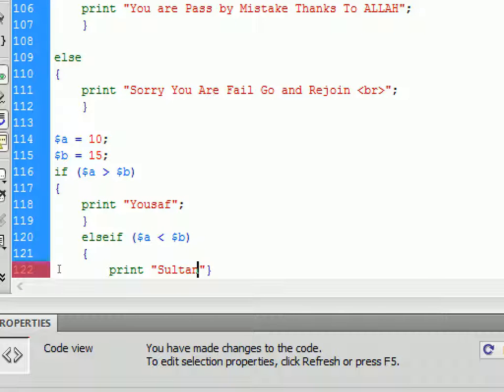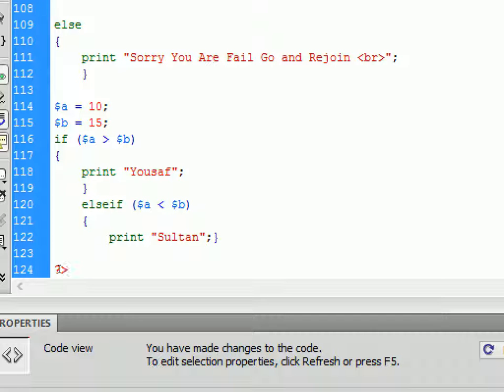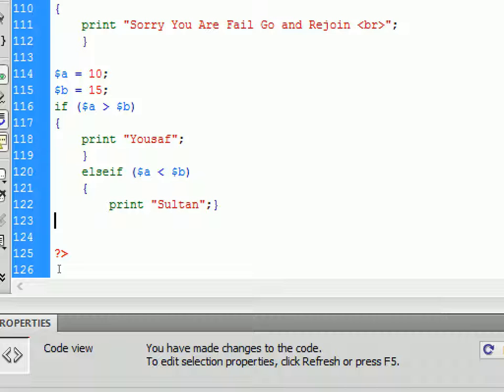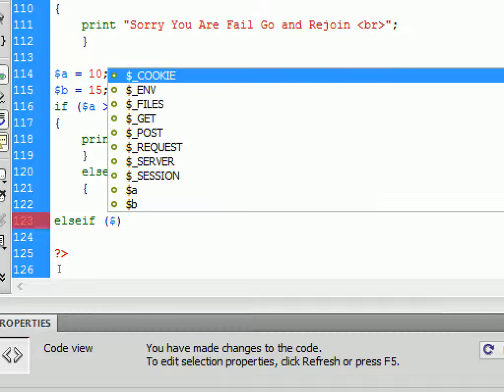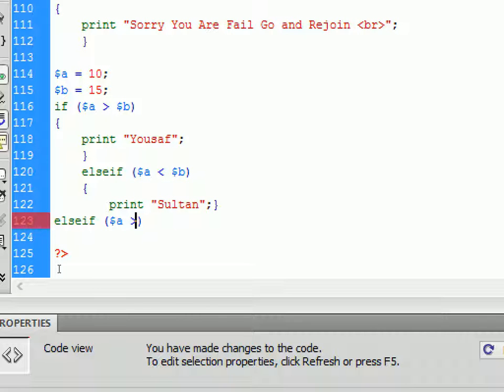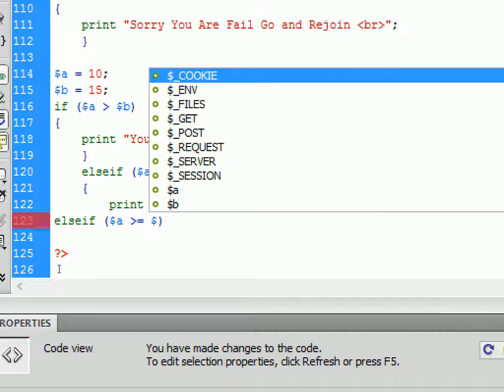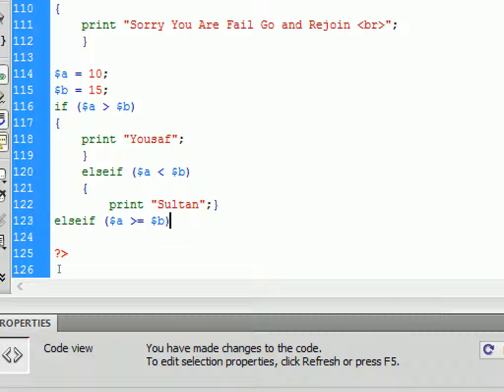Sultan. Else if A is greater than or equal to B, then what to print? Then you need to print